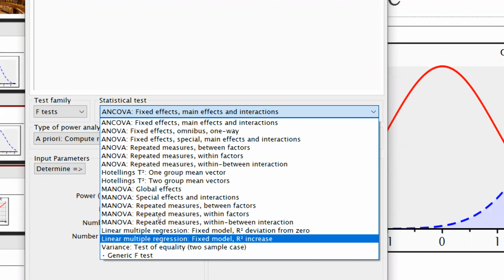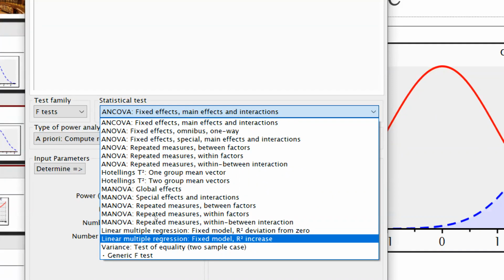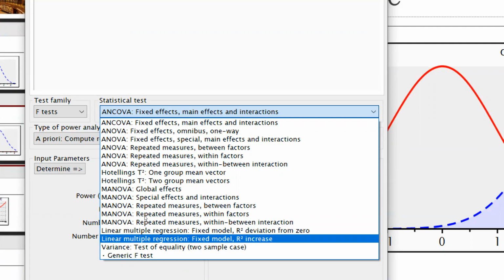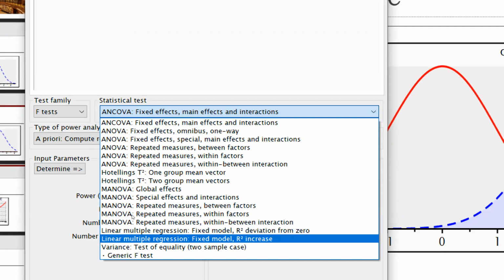Linear multiple regression, fixed model, R square deviation from zero, is used when we want to calculate at the fixed level. But linear multiple regression, fixed model, R square increase, is the hierarchical regression. This is not the hierarchical regression; this is the fixed model.